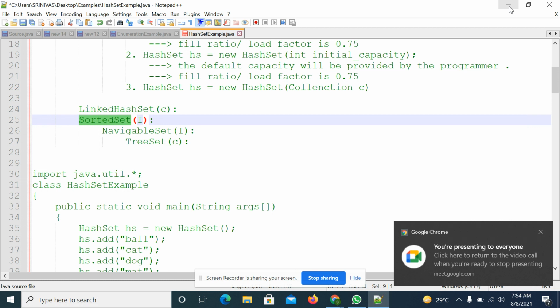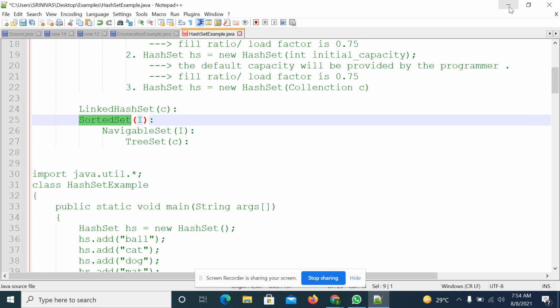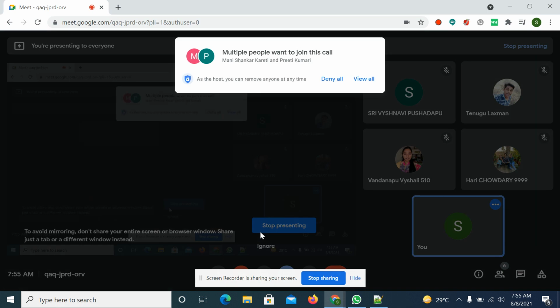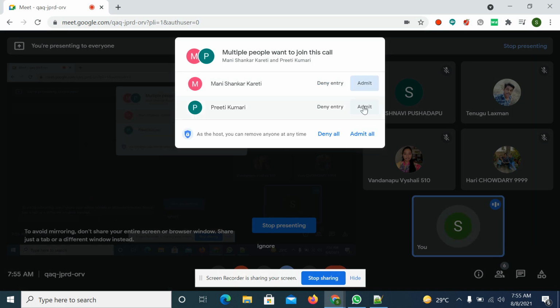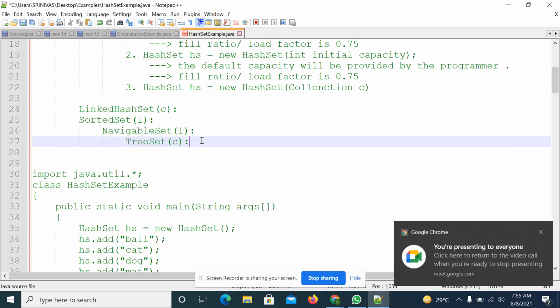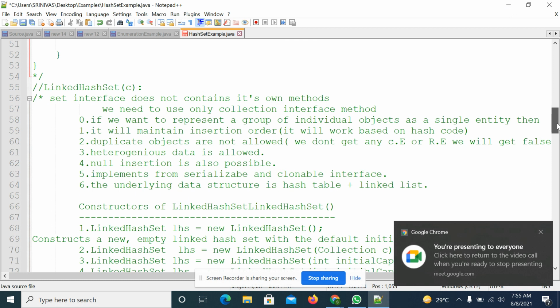For sorting, the data must be homogeneous. If you insert different kinds of data, it's not possible to sort the data. So whenever you insert data into the TreeSet, the data must be homogeneous. We discussed that point, and we started explaining the TreeSet class.